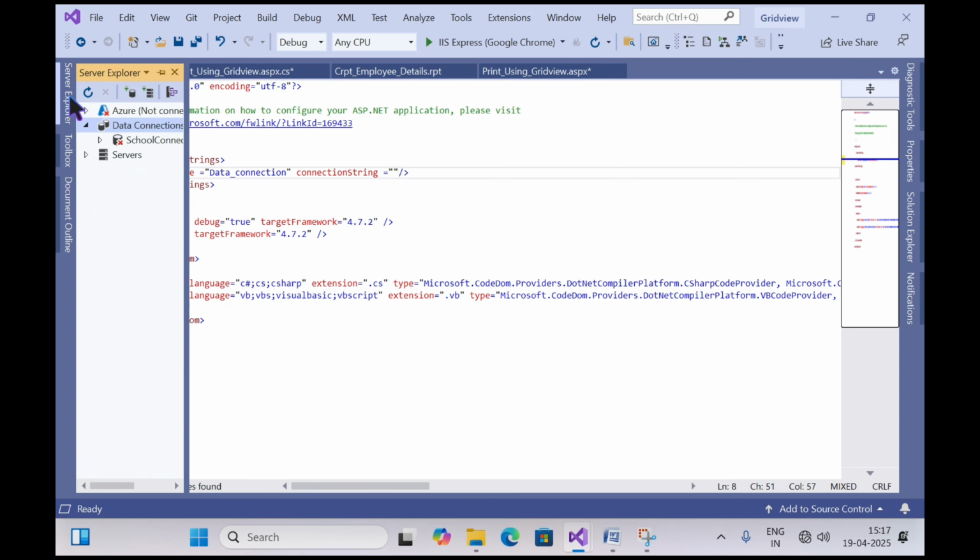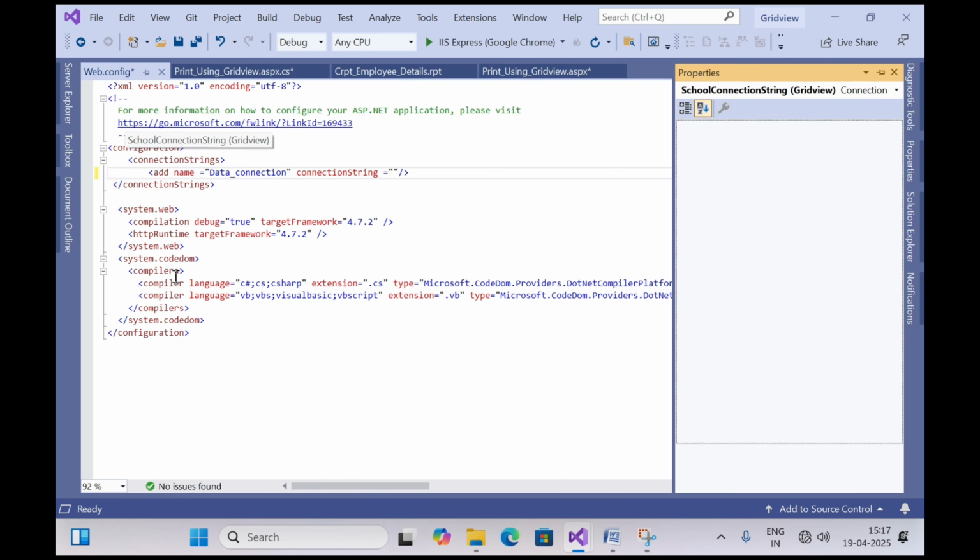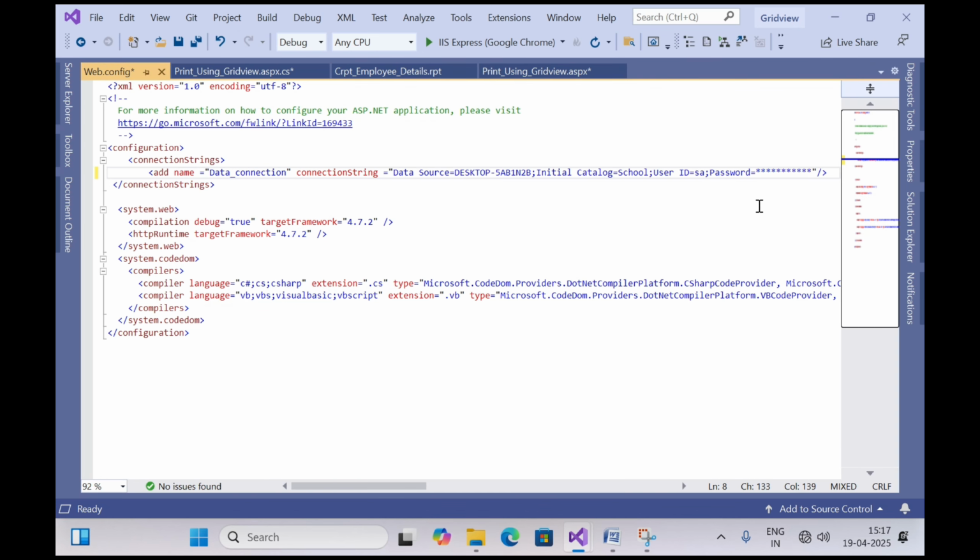Now click on the Server Explorer, then right click on this connection string which was already created during my creation of the dataset. So click on properties and click on this connection string, Ctrl A, Ctrl C, copy it and paste it over this connection string and change the password with the password of my SQL Server, that is admin@123, and copy this connection string name